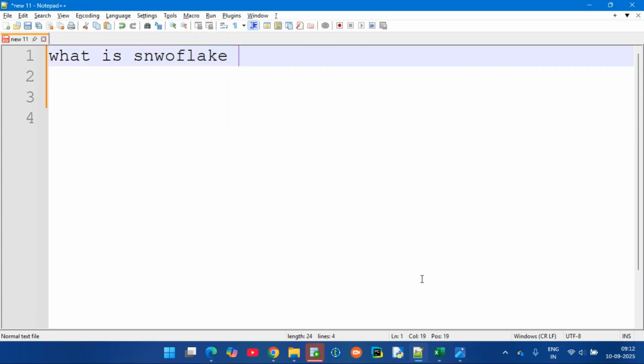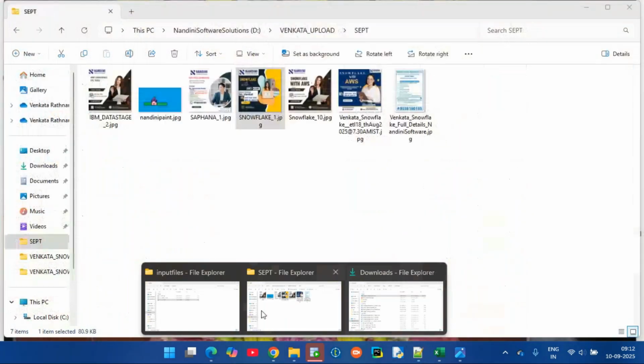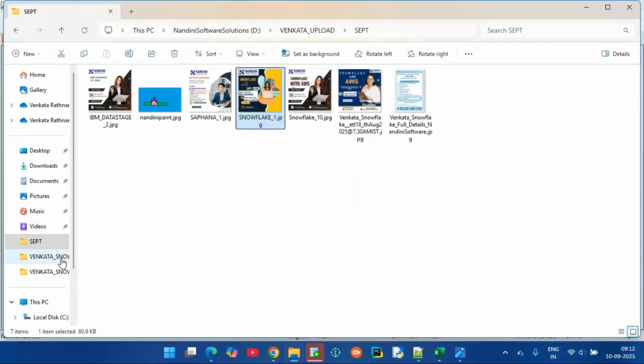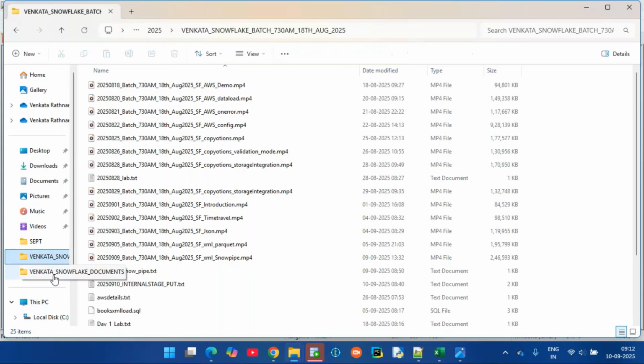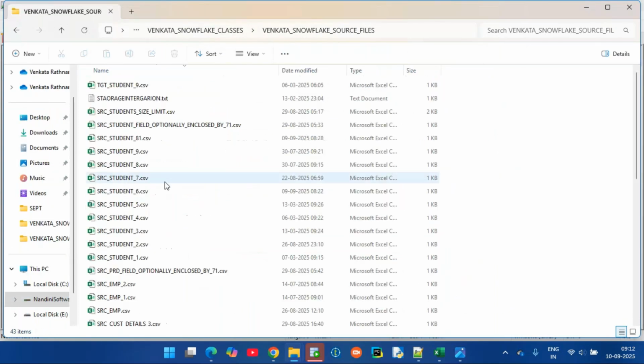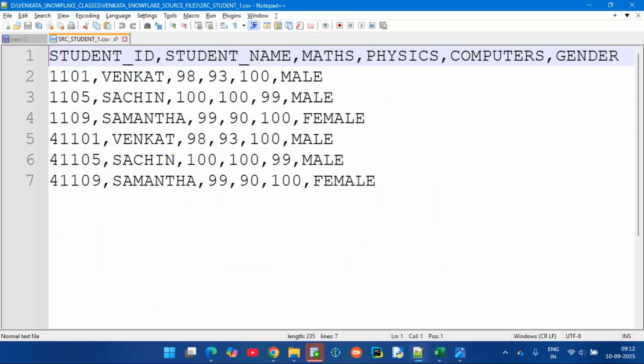Now let me take an example, guys. Assume that I have one file in my system. Let me take one sample file. It has some data. Let me open the file. How many records are there in this file, team?